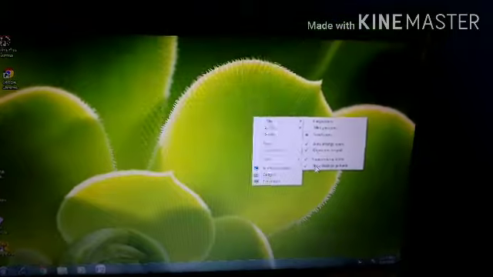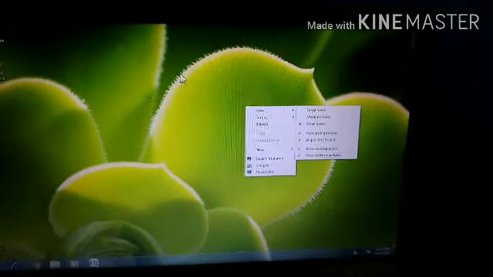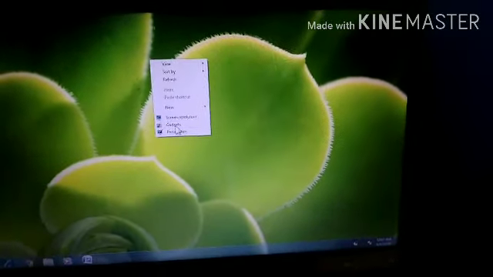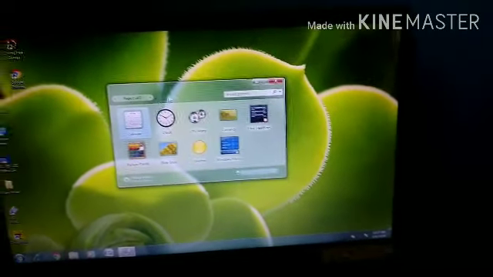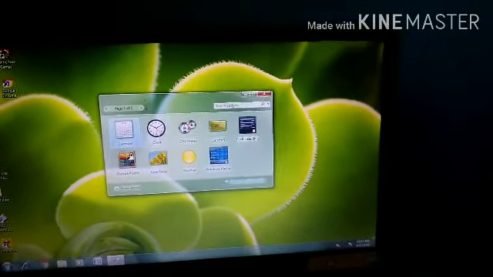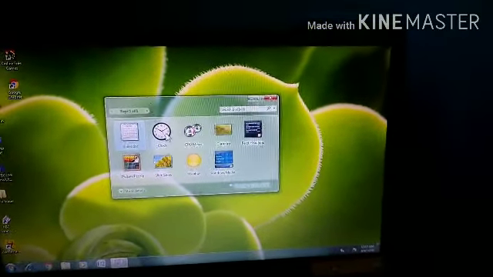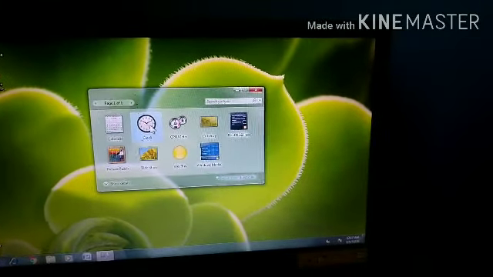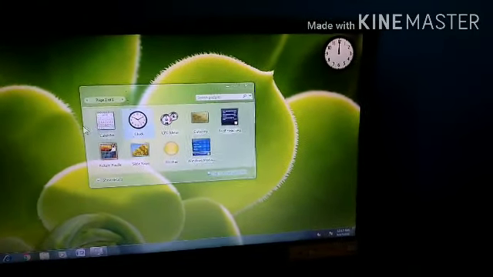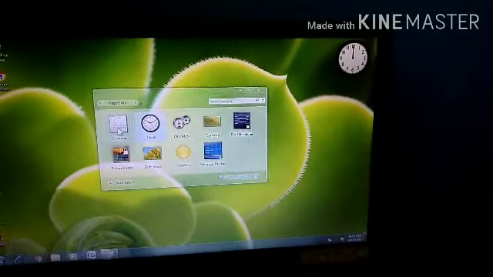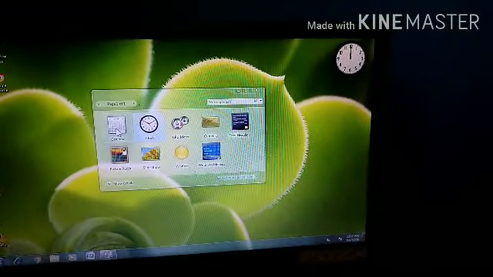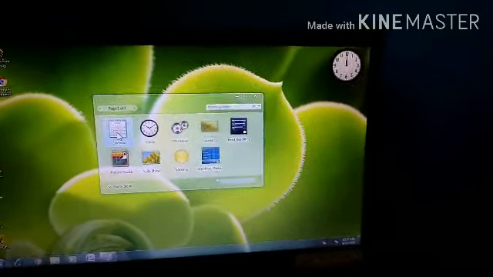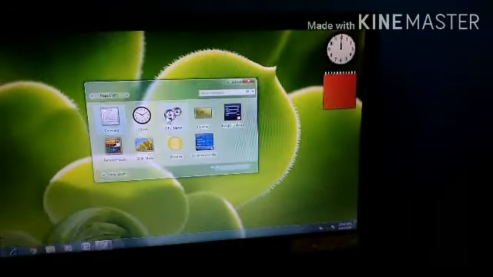One more thing is available, show desktop gadgets. How does it work? So first right click, gadgets. You can watch these things on your computer also. Now I'm just clicking on clock. You have to double click on these gadgets. After that they will appear to you. Calendar, CPU meter.